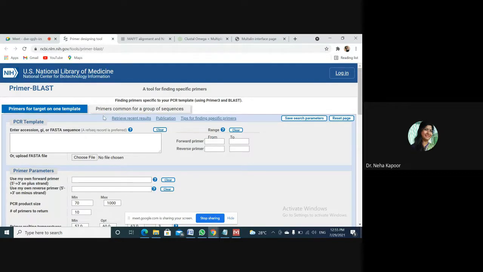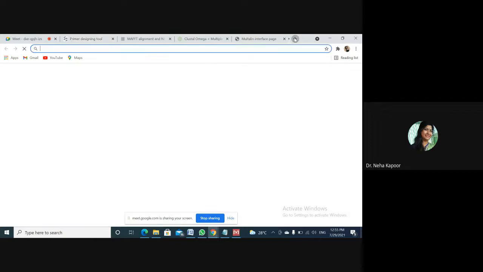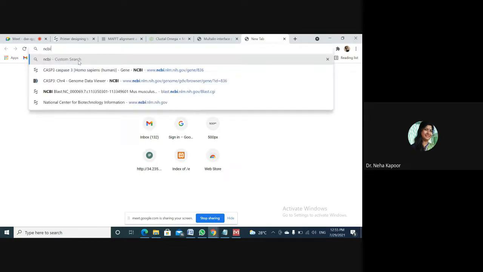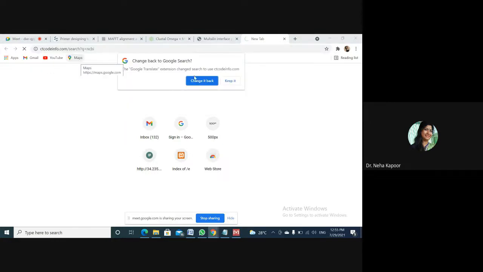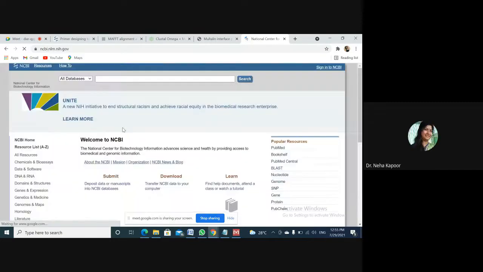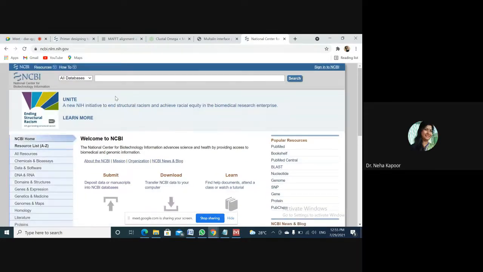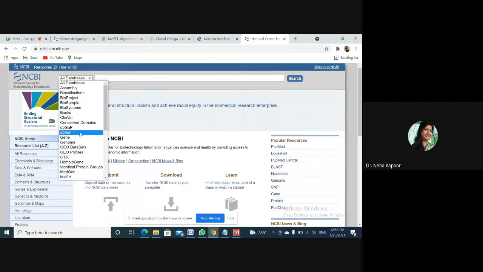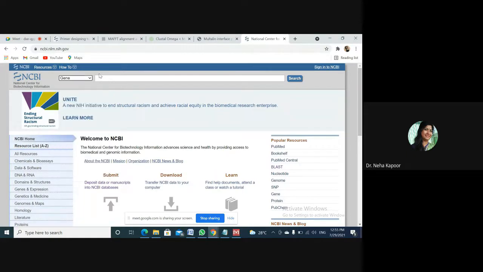You can select any sequence. It is not necessary that whatever sequence I have selected, you need to select that only. Ma'am, you have shared the link of your gem file now, but it's asking for a screen share. Just a moment. I'll be sharing my screen again, only then it would be visible to you.